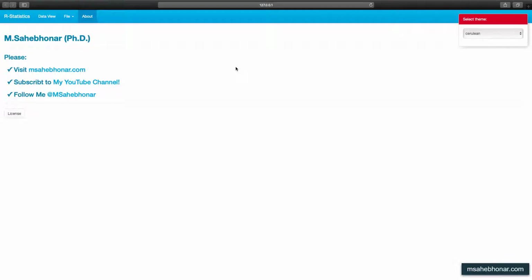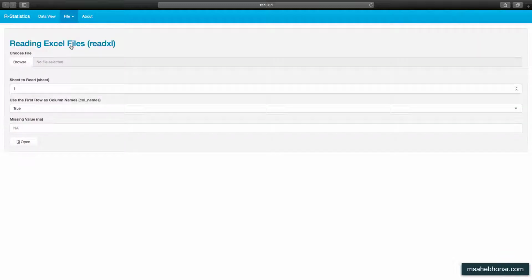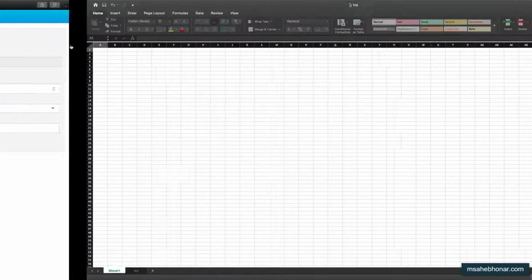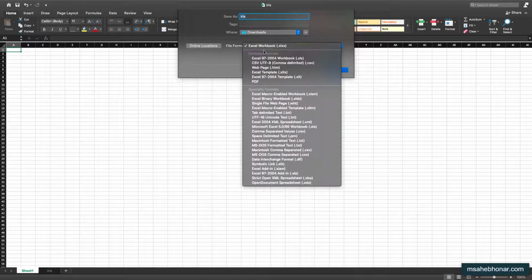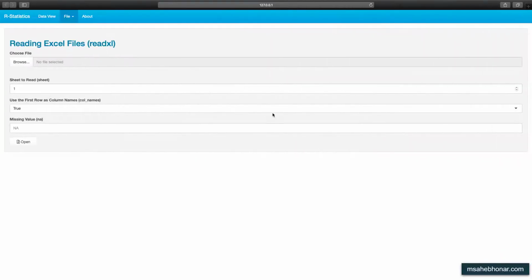In the previous video, we saw how to import data from text files in R. In this video, we want to get data from Excel files. One of the most common file formats to store data is Excel spreadsheets. We could export data from a spreadsheet to a CSV or TSV file format and import the text file into R. However, it is possible to get data directly out of an Excel spreadsheet and into R using the read_excel function, which belongs to the readxl package.